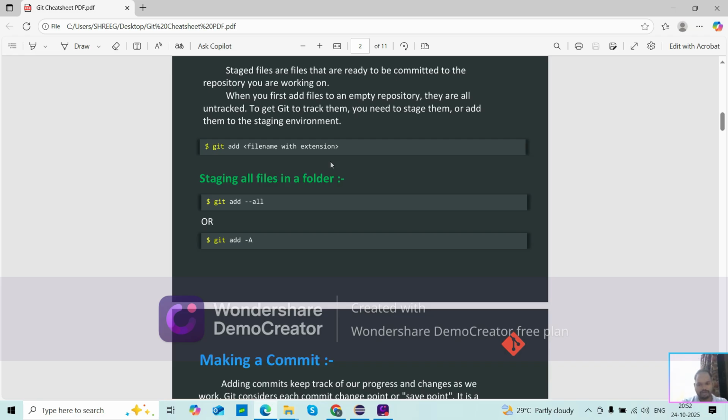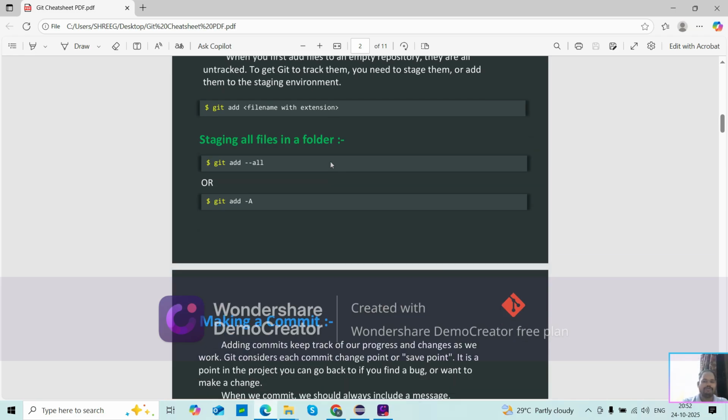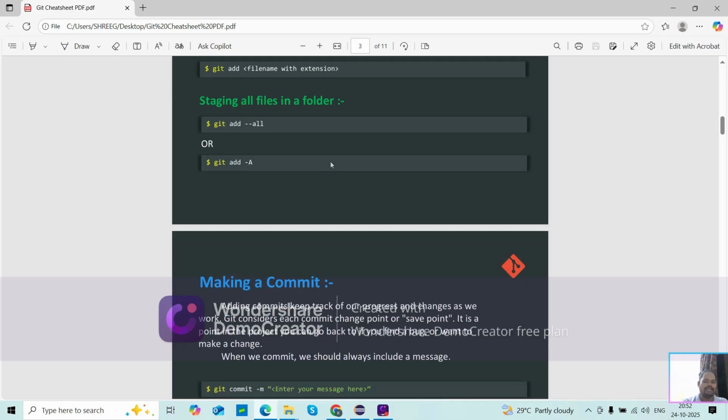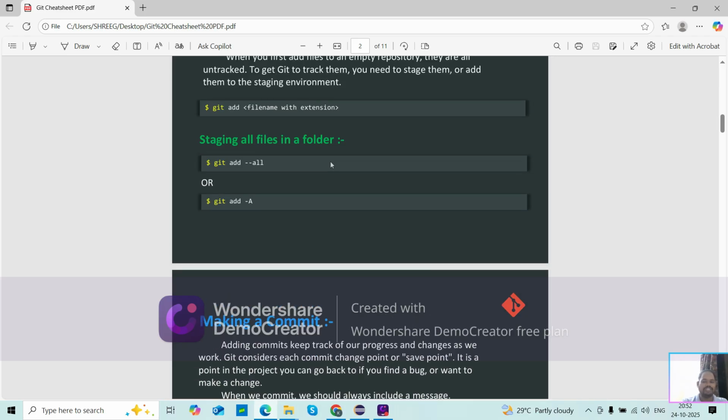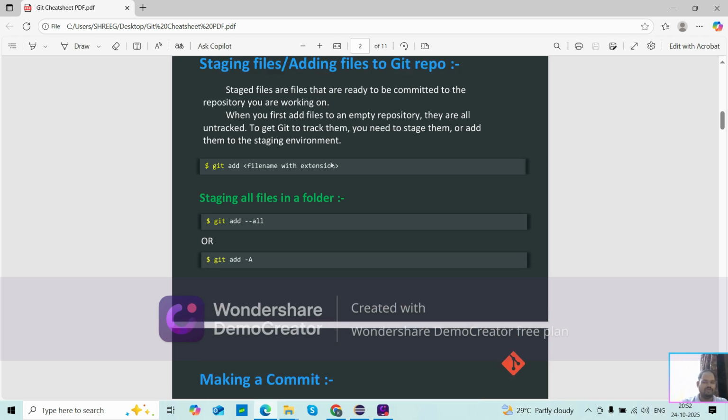Staging all files in a folder. The command is git add --all or git add -A, that is the command for staging all files in the folder. When you first add files to an empty repository, they are all untracked.